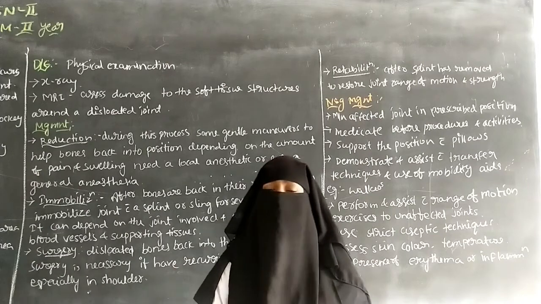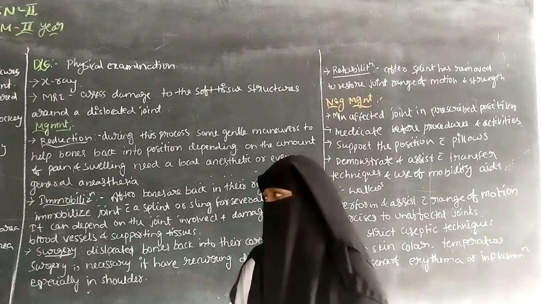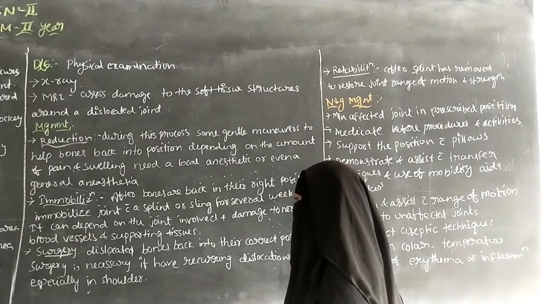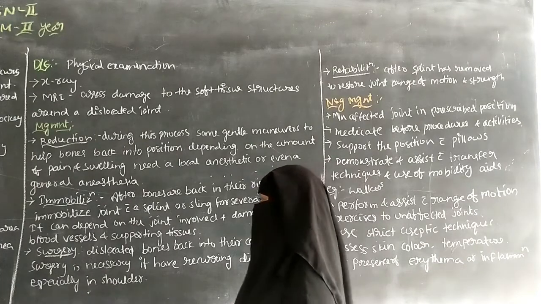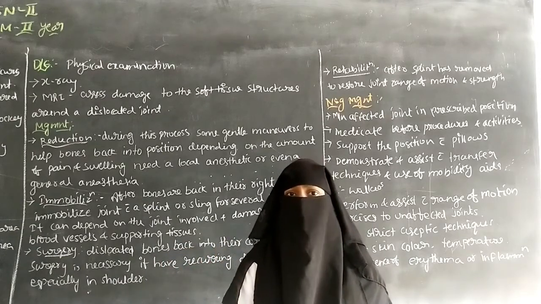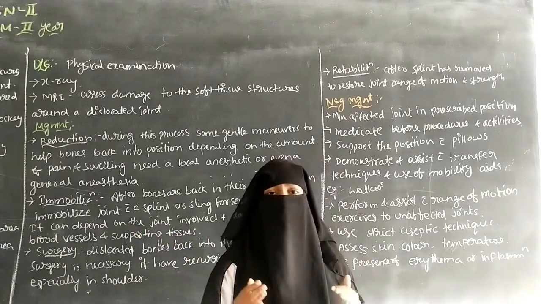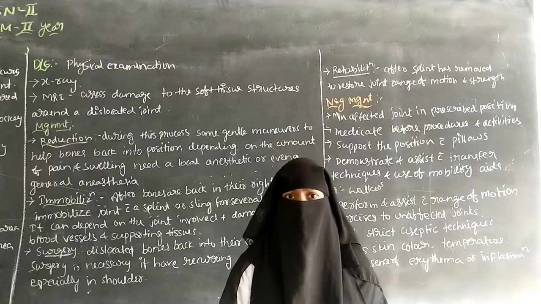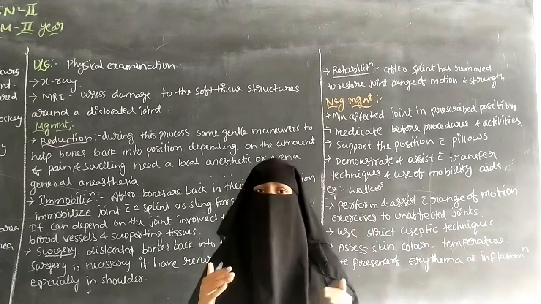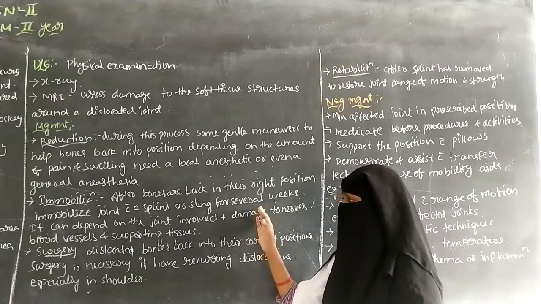For several weeks the splint or sling can be used to support the dislocated joint, and it can depend on the joint involved and the damage to the nerves, the blood vessels and the supporting tissues. So how many days the sling or splint can be used depends upon the muscles, the dislocation, how the joint is involved, and whether the blood vessels are involved or not. So depending upon the joint involved, a splint or sling is used. So that is about the immobilization.